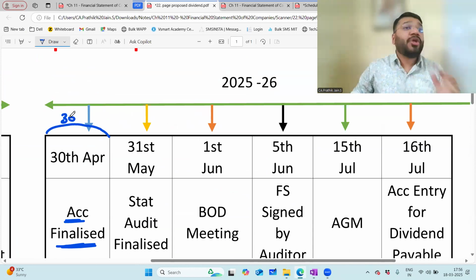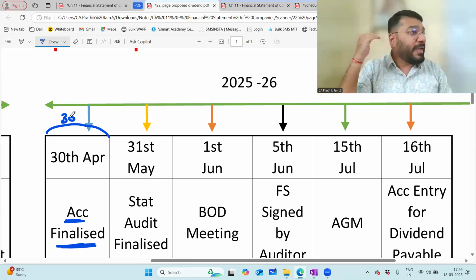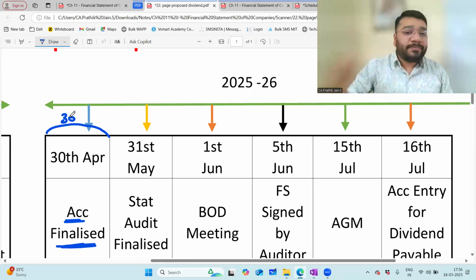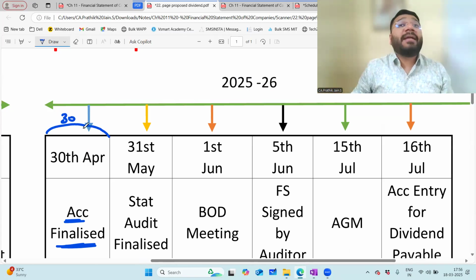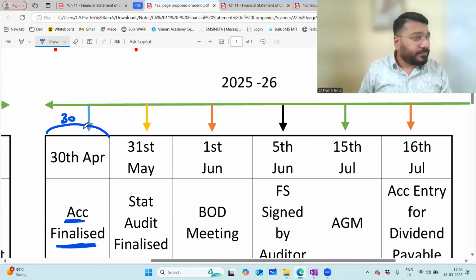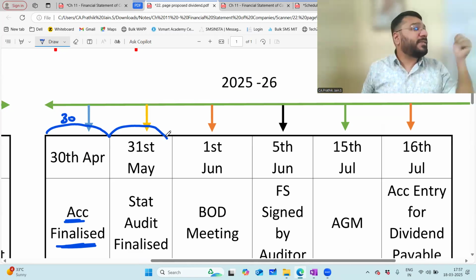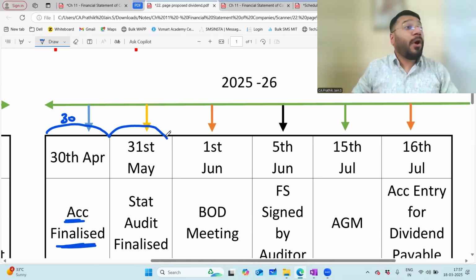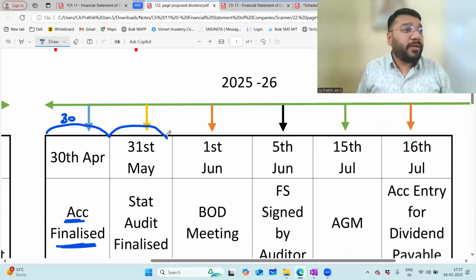Once the books are ready, you will invite your auditor to come and audit the accounts. You'll give an email, tell them, sir, we are now ready. Please send your team and get the accounts audited. Depending on how big the audit team is and how big the company is, the auditor might need 1 week to again 30 days to carry out the audit function. Each and every line item, he will do the testing. How the testing needs to be done, you'll be discussing in the audit subject in group 2. And a lot more things you will learn practically when you actually go and work under your principal, that is,